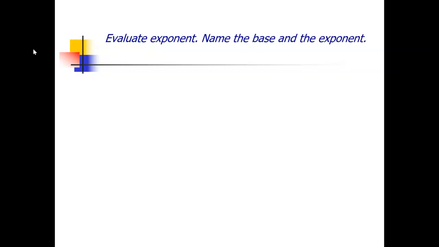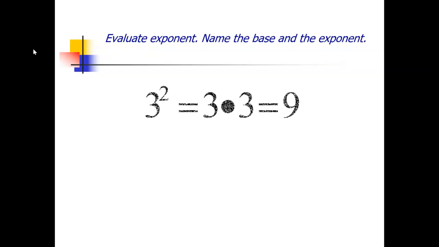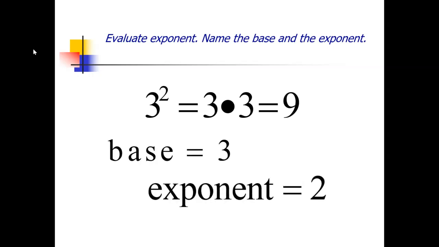First, we will evaluate the exponent and we'll identify the base in the exponent. Here's an example. 3 squared equals 3 times 3, which equals 9. In this case, my base is 3 and my exponent is 2. So my base 3, which I'm multiplying twice. Exponent is the number which tells you how many times you multiply your base in order to evaluate and get